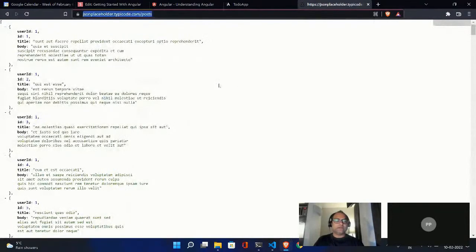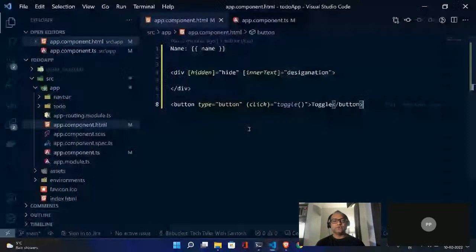You can see this is an API which gives you all this data. All this data is available. So let's say I want to get this information from this API, which is something already written for us, and we just need to consume it. How you will do this in Angular, that's what we are going to do using dependency injection. Dependency injection lets you inject, and what I mean by inject, give me just a few seconds, and we'll be there.